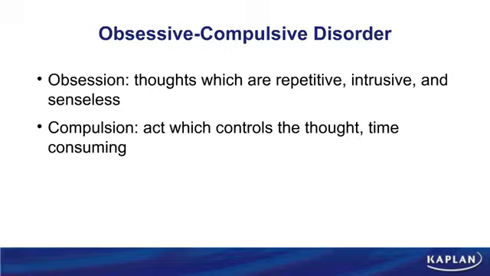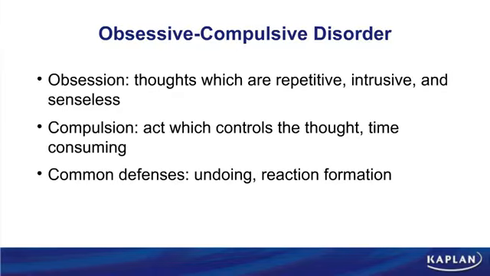The most common defense mechanisms in these disorders are reaction formation, which is what is seen in the obsession, and undoing, which is what is seen in the compulsion. Remember from the previous chapters, undoing was acting out the reverse of an unacceptable behavior. So it was you physically washing your hands, physically checking the stove. Reaction formation is when an impulse turns into its opposite. And that is what you find in the obsession.